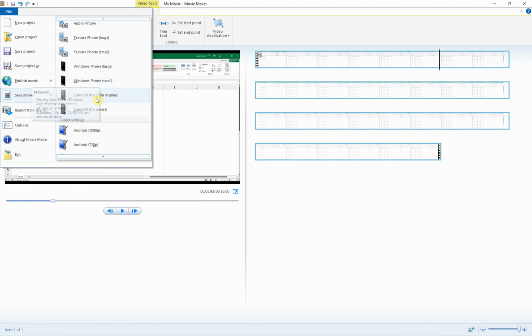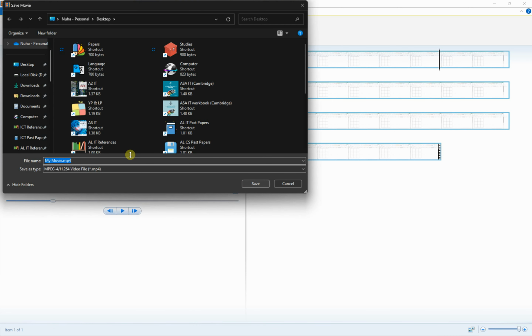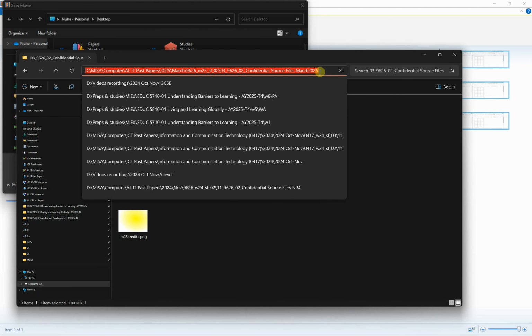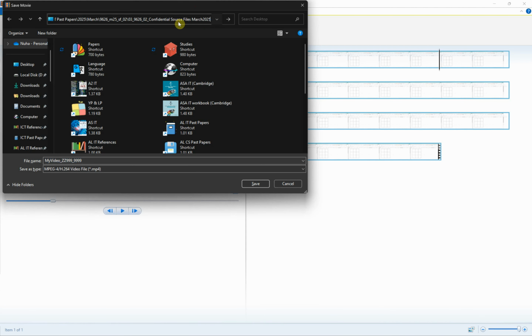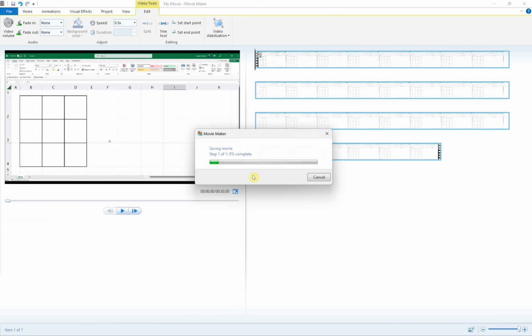But there is an easier way to do so. You can go to the first option, which is called recommended for this project, and then set the name that they suggested for us, and most importantly, save it in your work area. So I'm just going to save it in this work area, and make sure it is MP4. Okay, so I'm just going to click on save,